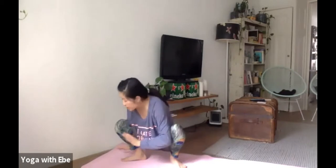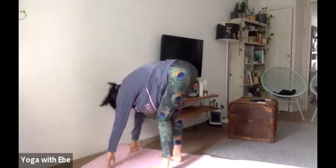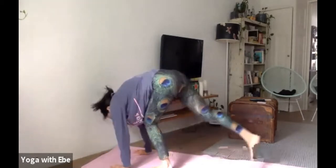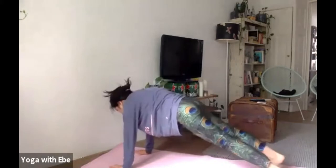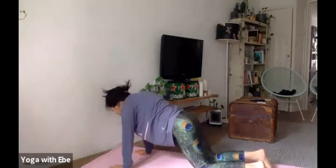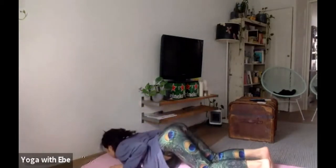Open up the chest and the hips. When you are ready, we're coming back to forward fold. Then hands onto the mat, step back. Inhale, plank. Exhale, knee, chest, and chin. When you hold here in knee, chest, chin,